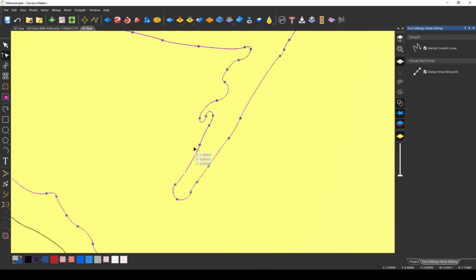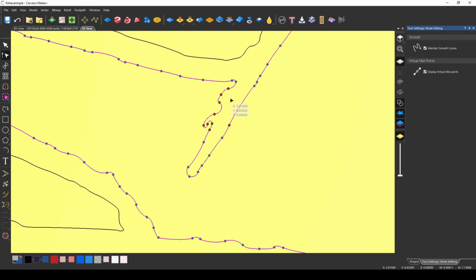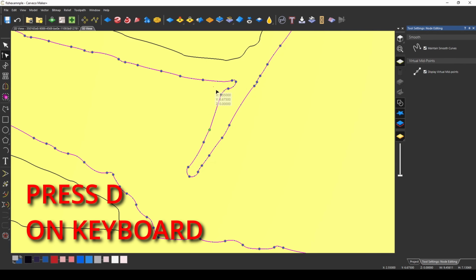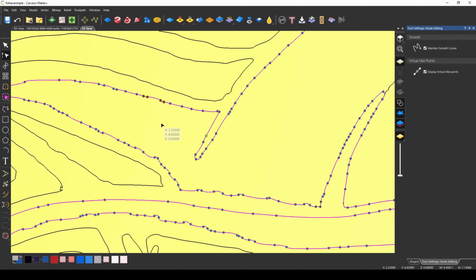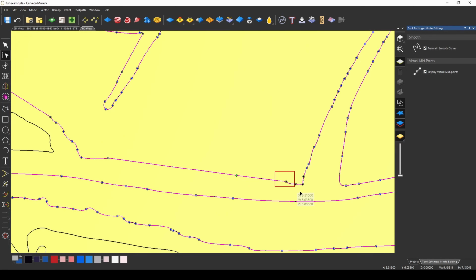Now, to get rid of a bunch of these lines, what we're just going to do is delete those nodes that make up this part of this line that we don't want to use. So we're just going to highlight those nodes. Now, we highlighted this node on the back side. We need to be able to highlight the nodes that are together. If we highlight this node, it will say that we have a span that it won't be able to delete. If we press D on the keyboard, it'll get rid of those nodes. And so what we can do is come along and just delete all the different little sections that stick out that are really bad. And you can see that I'm quickly cleaning this up.